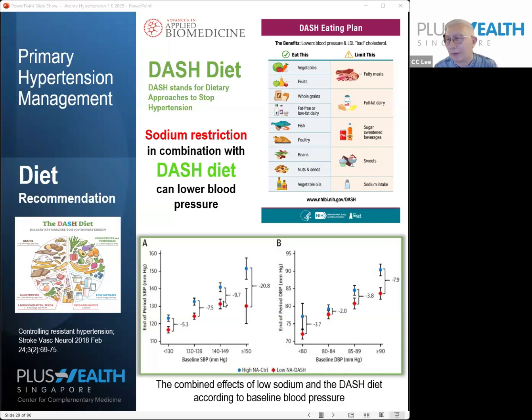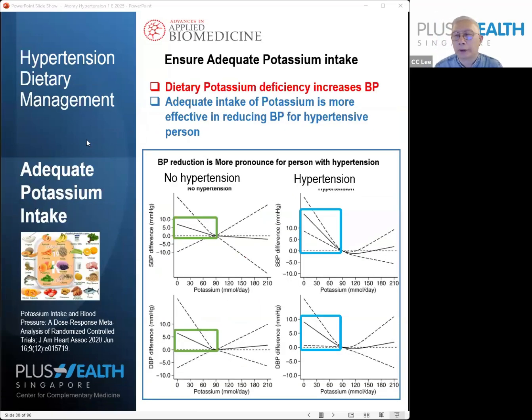So this is very significant. So the diet does play a significant impact on your blood pressure itself. So remember, the higher your baseline blood pressure is, the more effective the DASH diet is on your blood pressure reduction. Okay, now we talk about